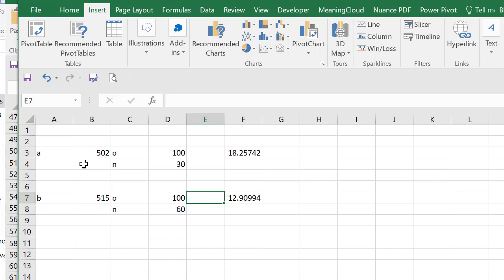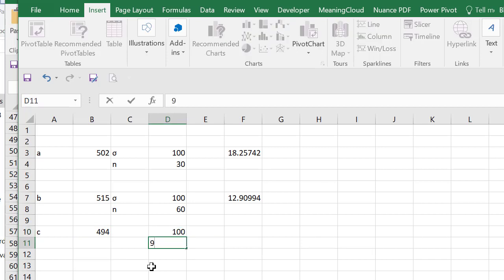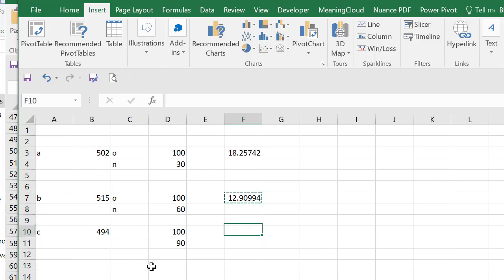our sampling distribution. So for part C, it says for a random sample of 90 test takers, what is the sampling distribution for scores of the writing? So writing was 494. And you notice that these numbers don't have anything to do with what we're calculating. It's the 100 and the sample size. And so if we just Control C, Control V, we see that the answer is 10.54, and that becomes the